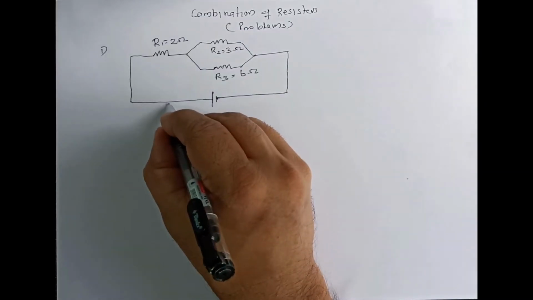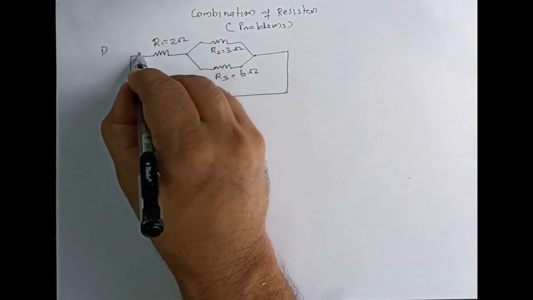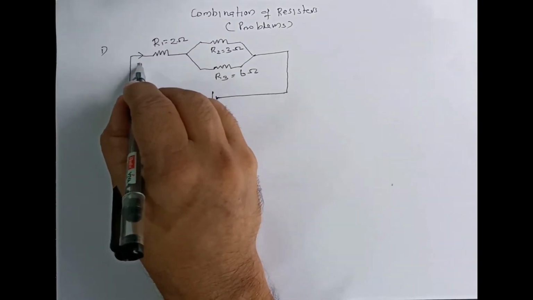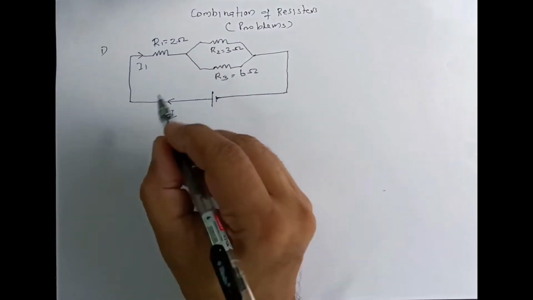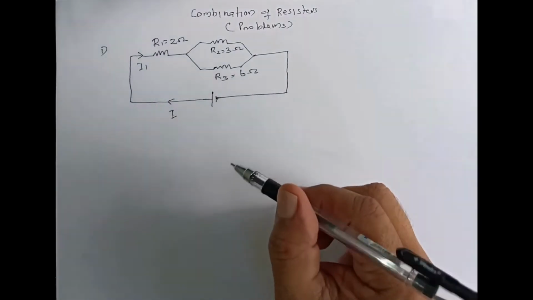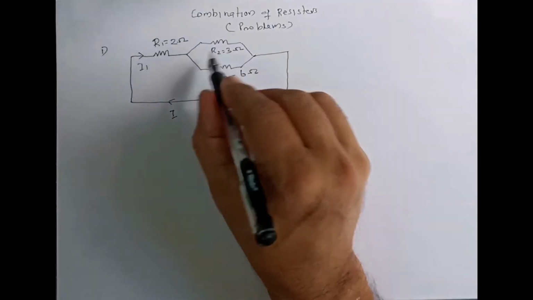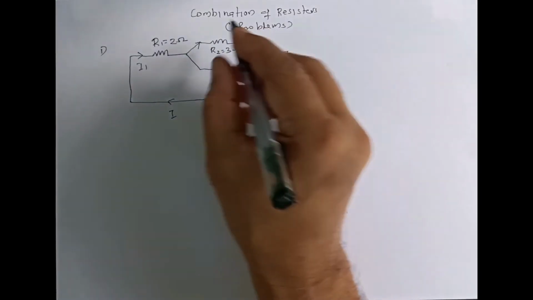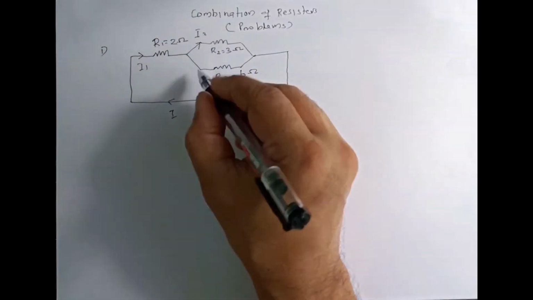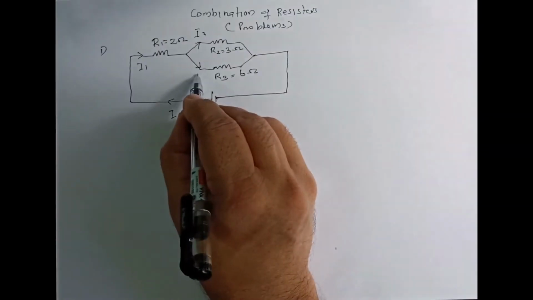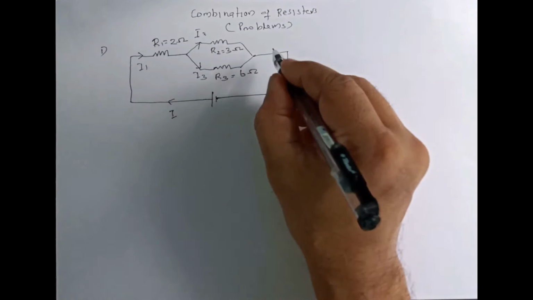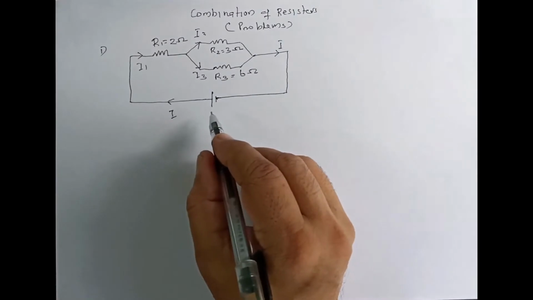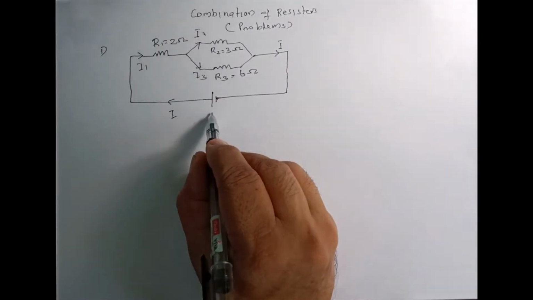Now this is the way the current goes. If I take it I, you can call this I1, and this is the current drawn from the cell. You can see that I and I1 are equal. Here, because it splits, the current that goes through R2, let us take it as I2, and through R3 you take it as I3, and when they combine together again you get I. And let us assume that this voltage is 6 volt.